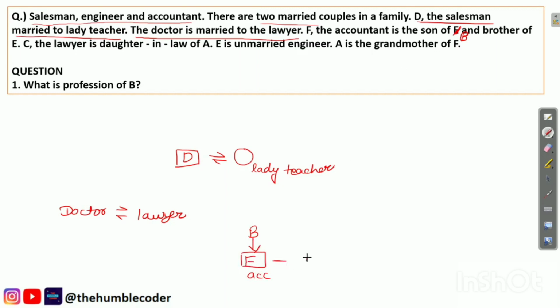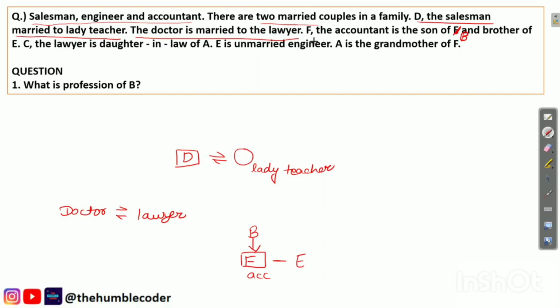So we will write it something like this. Again, brother of E. So we do not know the gender of E, so E will come here. So you can see that this question is giving us the statements in a very not connected manner. So we have three statements with us and three different parts of the family tree. Now we need to connect them in order to find the relationship among everyone.